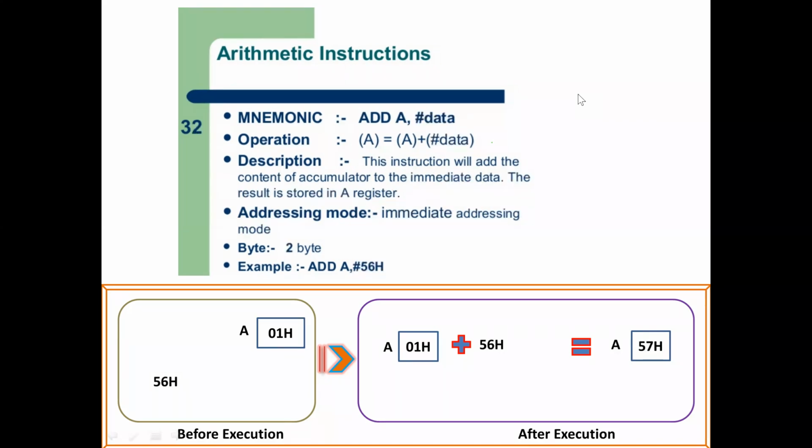So now students can tell me, I have given the instruction ADD A, comma, hash data. Since we have used the hash, you can see the numerical value here, right? Let me say the numerical value is, for example, 56. The 56 is the data which will be added with the accumulator. Finally, the resultant value will be stored in the accumulator. Any doubt? No doubt. No, sir. Yes, good.